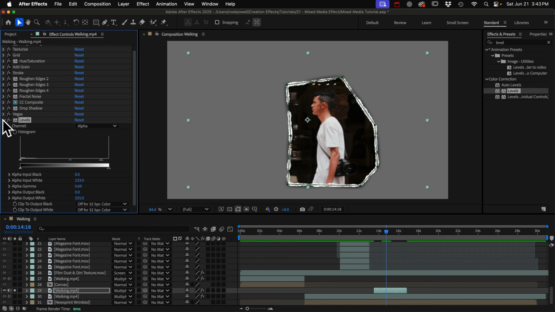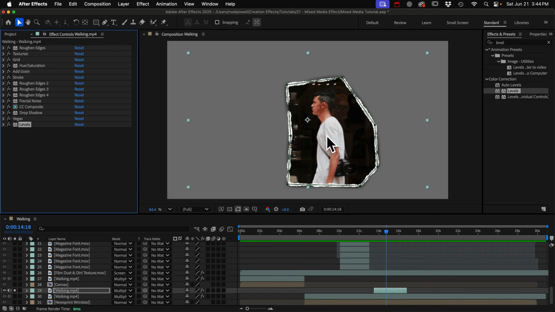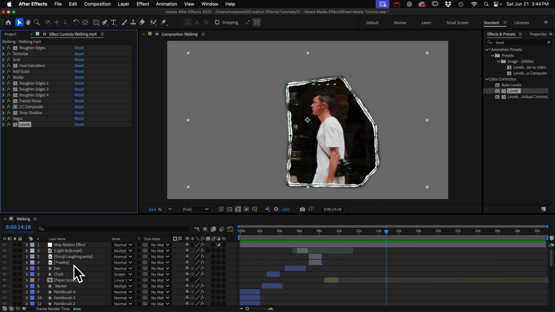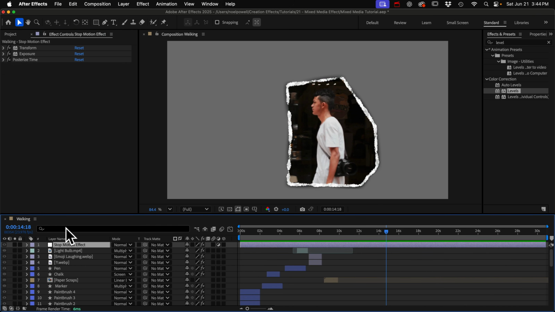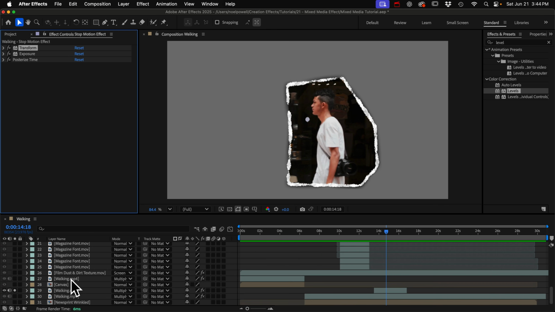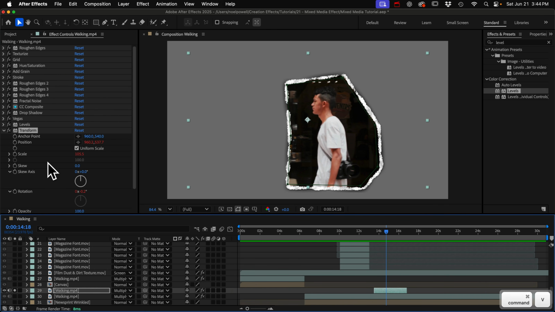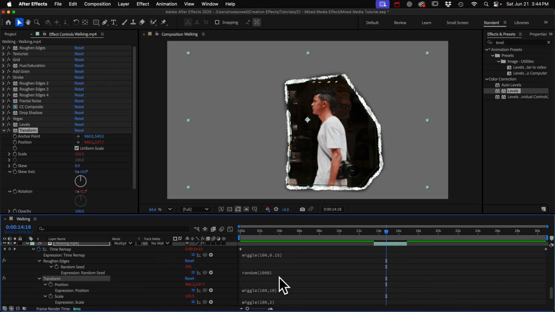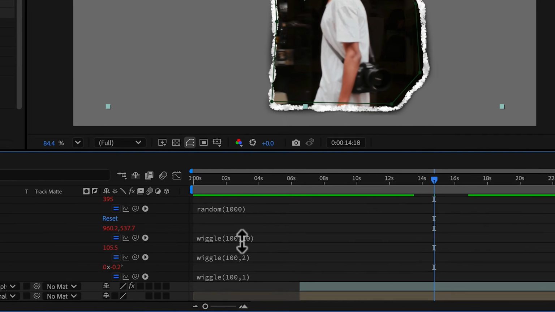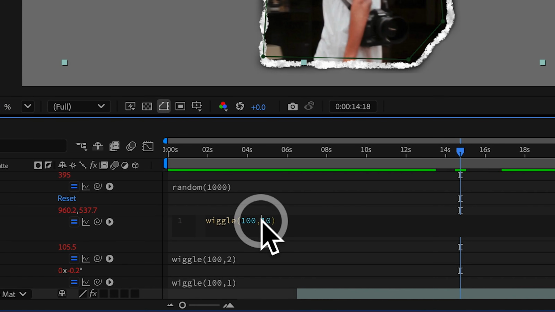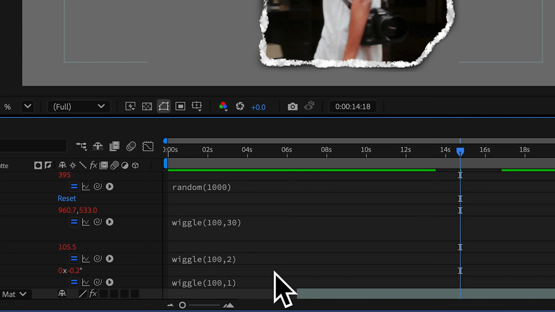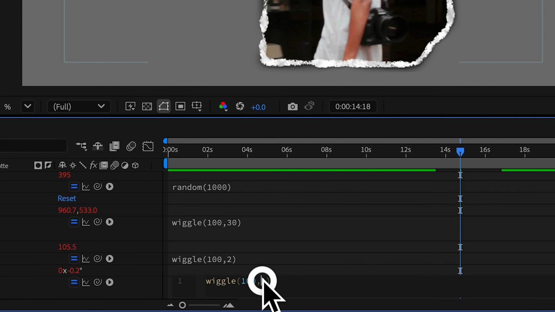We should add a stop motion effect to this so that this piece of paper wiggles around a little bit on each frame, and we can just copy that from our stop motion effect adjustment layer. We'll copy the transform effect, and paste it, and I'll hit the E key twice so I can look at my expressions, and I'll increase that position value and maybe increase the rotation a bit,